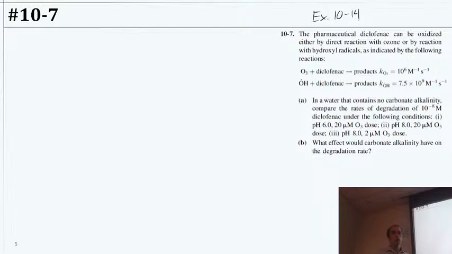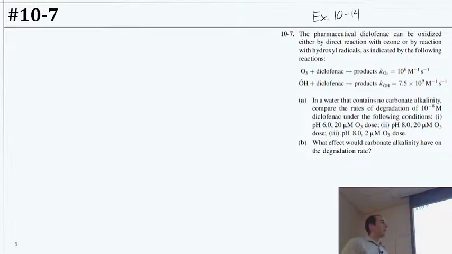We have ozone with diclofenac making products with a rate constant of 10 to the 6 per mole per second. Then we have hydroxyl radicals reacting with a rate constant of 7.5 times 10 to the 9th. And the problem asks, in water that contains no carbonate alkalinity, so we don't have any bicarbonate scavenging our hydroxyl radicals,